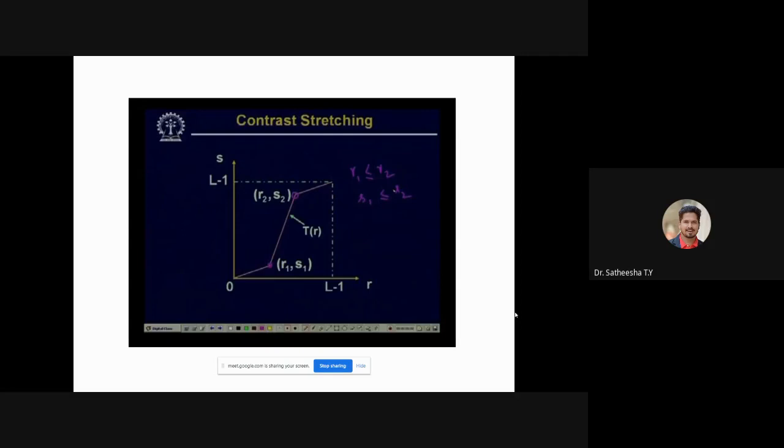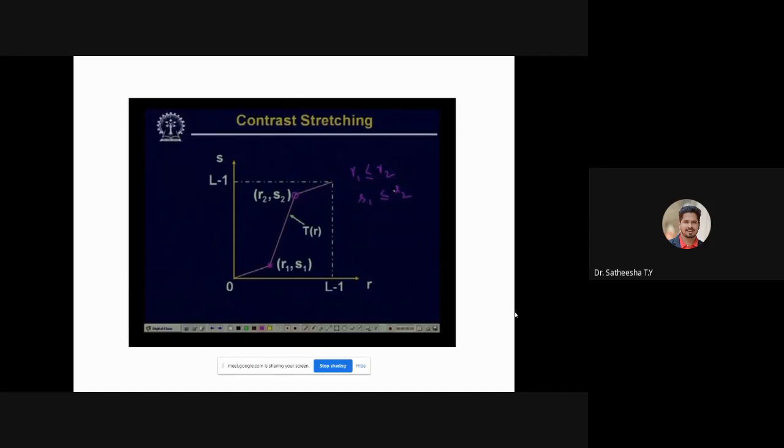But what difference we are going to have is the difference of intensity value that we have in the original image and the difference of the intensity value that we get in the processed image. This is what gives us the enhancement.